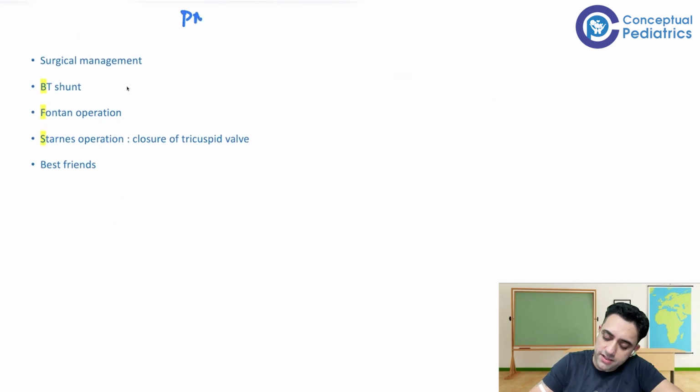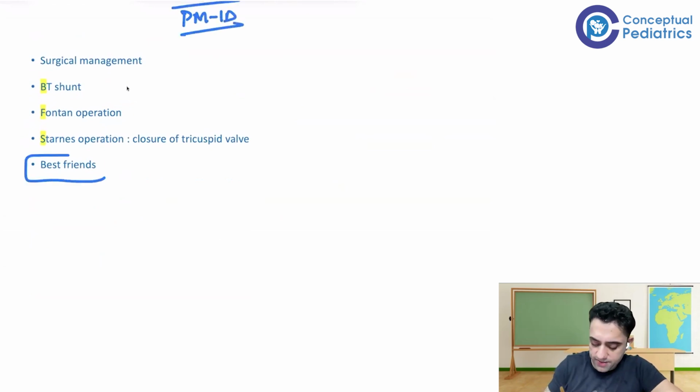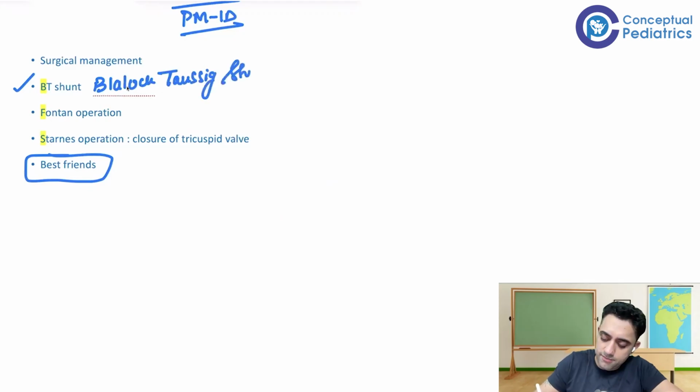In the medical management, the mnemonic was Prime Minister of India. Here, the mnemonic is best friends. For the surgical management of what we call Epstein anomaly, the mnemonic we have is best friends. Now, B for, very importantly, Blalock-Taussig shunt. This is quite interesting. So, we all know the Blalock-Taussig shunt, in general, we do